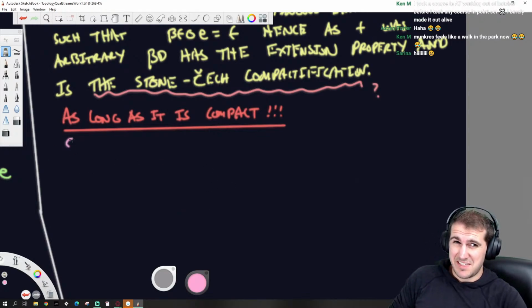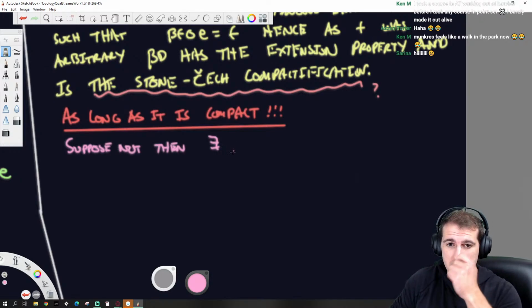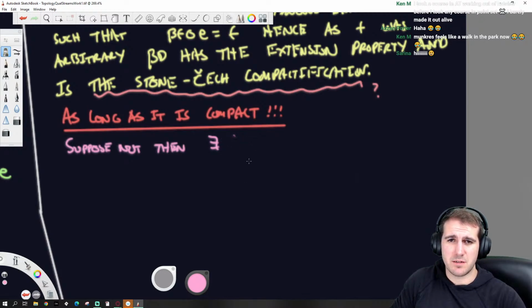Suppose not. Then there exists a collection of open sets. So there exists an open cover U. Oh, I'm going to use a different letter, or just make it fancier.